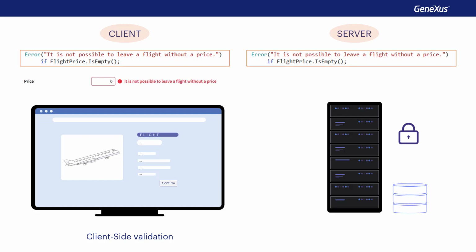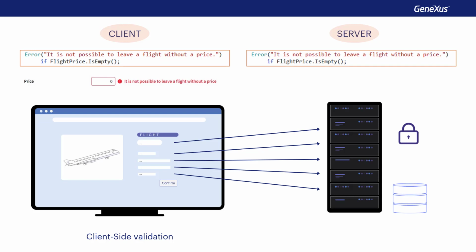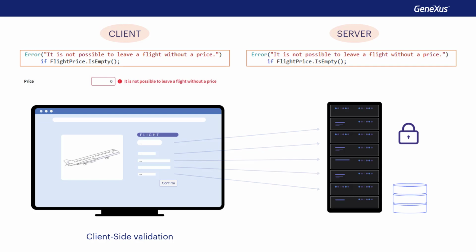It'll execute all the rules again when it has all the information. This happens after the user presses the confirm button. There, the data travels from the web client, browser, to the web server, and the server runs through the form again from top to bottom as if it were a user. So all the rules and formulas will be triggered again in the order corresponding to the attributes of the form with which they are associated.